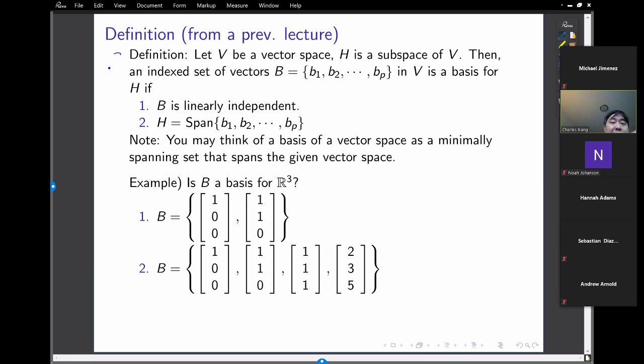So here's the definition. Yeah, this is from a previous lecture. A subspace H, and then you have some set of vectors. This is a basis. We say that this is a basis of H if B is linearly independent and if it spans the whole thing. Okay. All right. So let's look at this